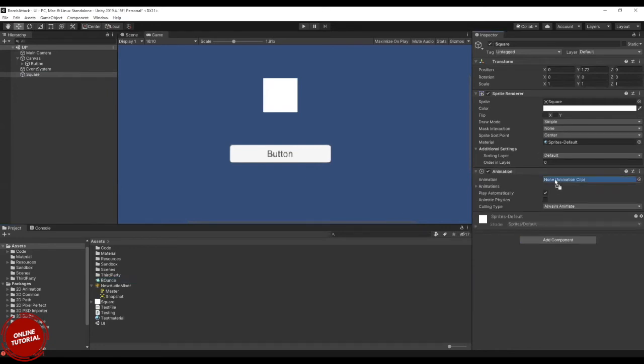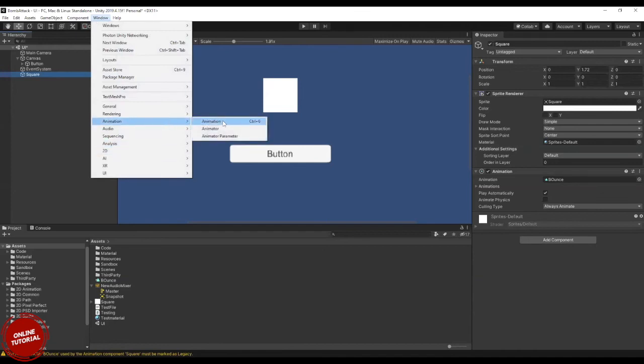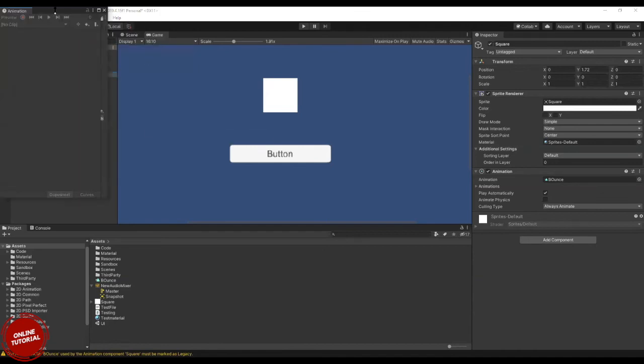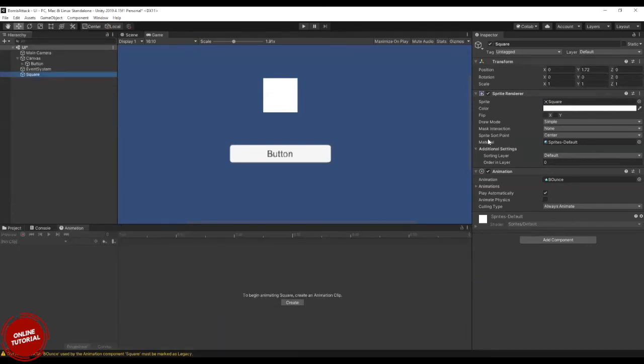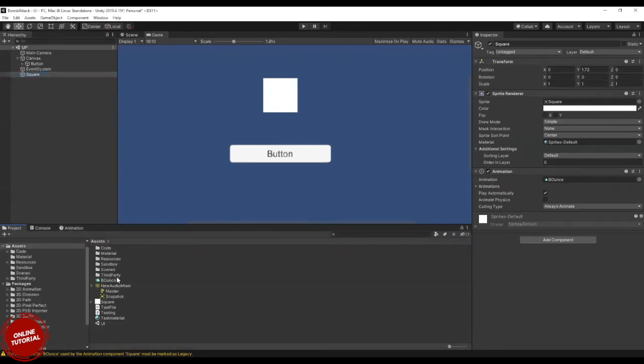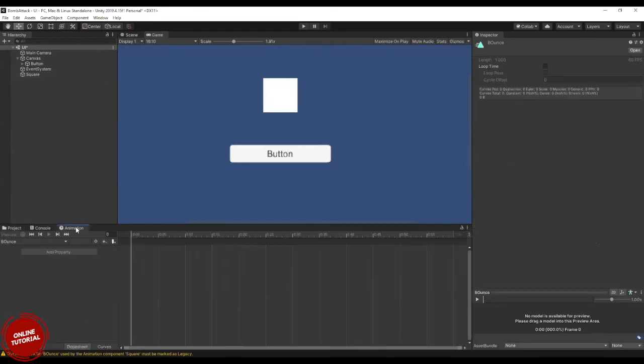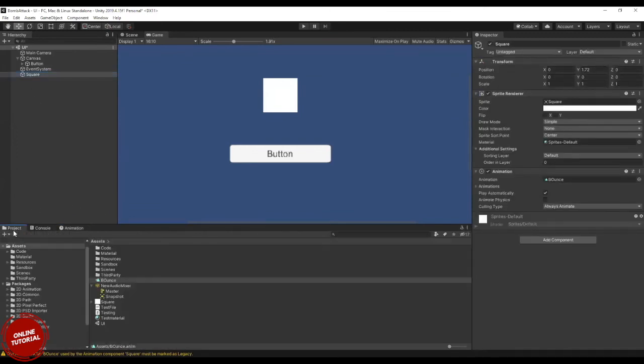Now I have clicked this animation bones, and you can see the bones animation here.